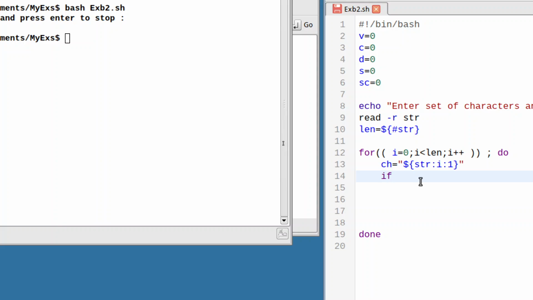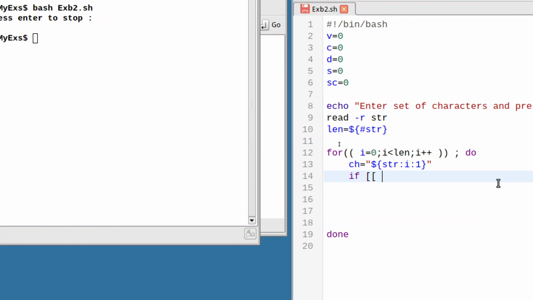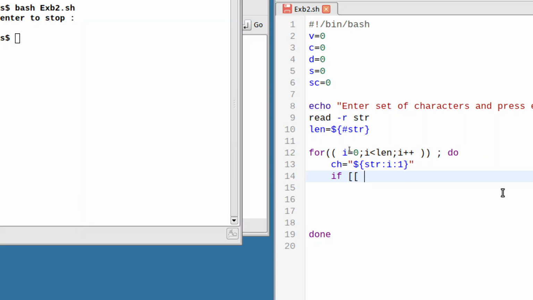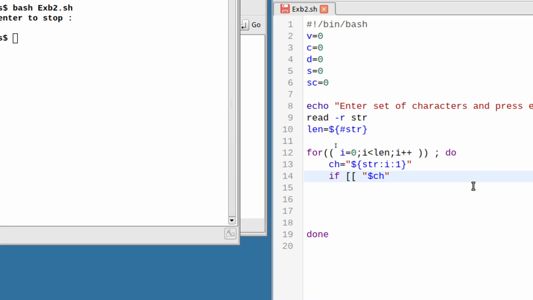I'm going to say if, okay, I'm going to check the given character $ch, because I want to get the value within that ch. Remember I've stored it in ch. So if the given character ch is a